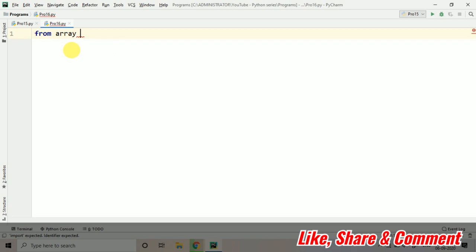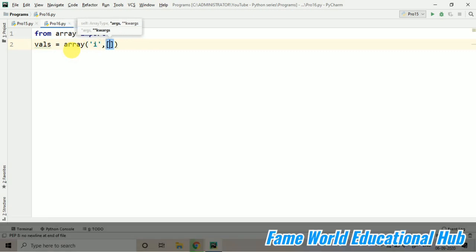There are 4 different methods. From array import asterisk, and suppose I just want to print the array now. First of all, I should take the array. So I'm taking vals equals array, and if I want an integer array, yes, an integer array can also have negative values. It's okay if we take negative values, there is no problem.